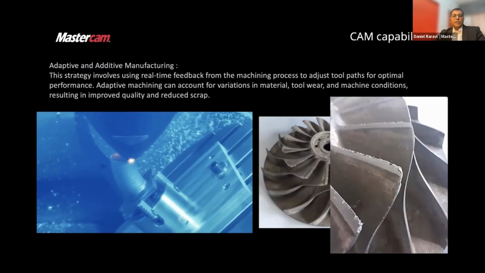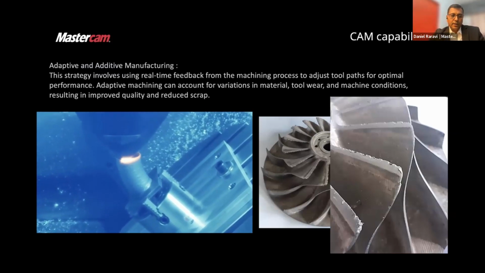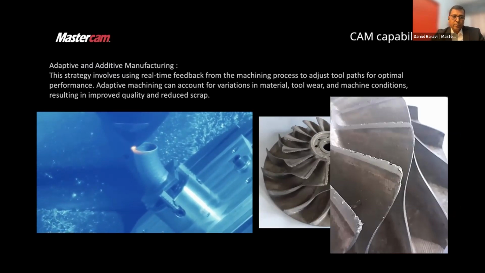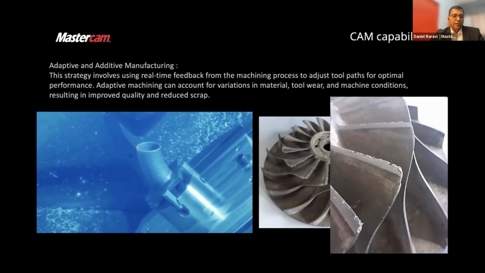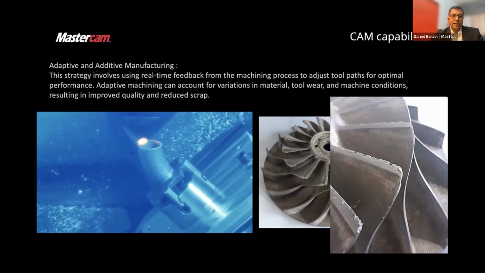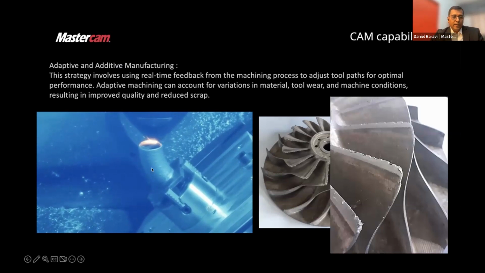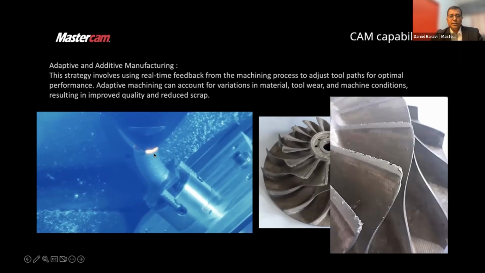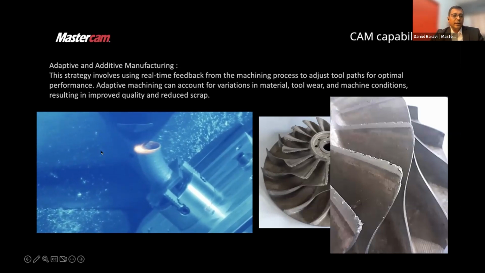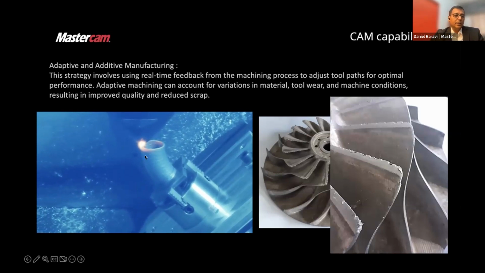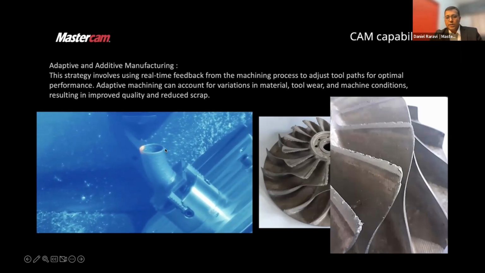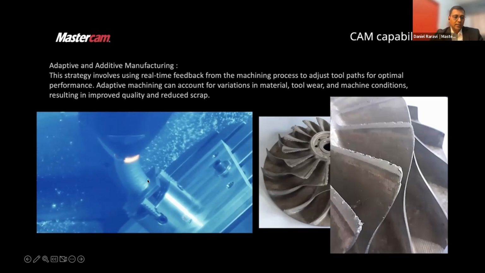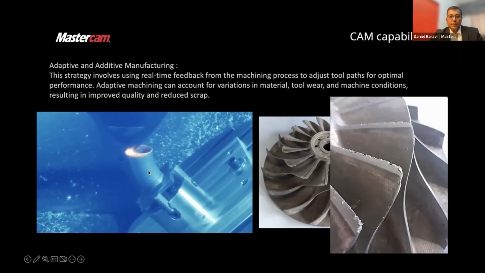Then we come into the additive manufacturing side of things, where CAM is heavily involved, not just in the manufacturing bit, but also in the modeling bit. Here is an example of a direct deposition method using laser. The part is being built without any substructures or support structures. This is because the 5-axis machine is orienting in such a way that the deposition is happening perpendicular to the angle of deposition here. So a new part can be produced. This is an example of what is being done currently. This is something that we are doing in IIT Bombay. This was done last year.